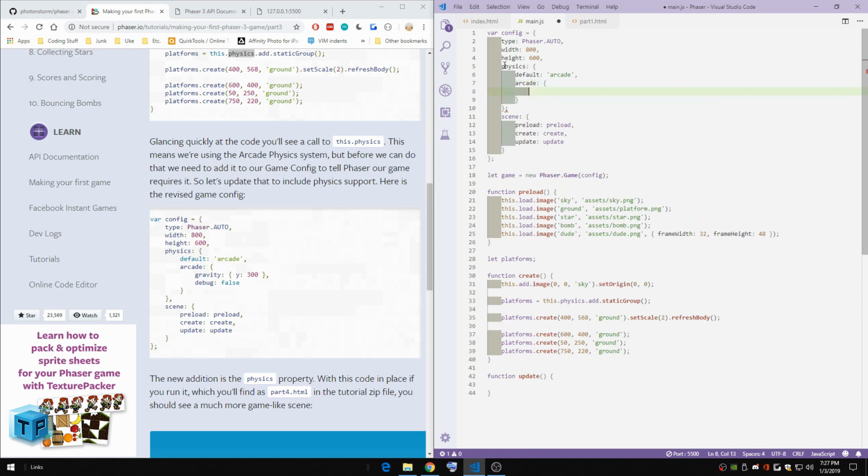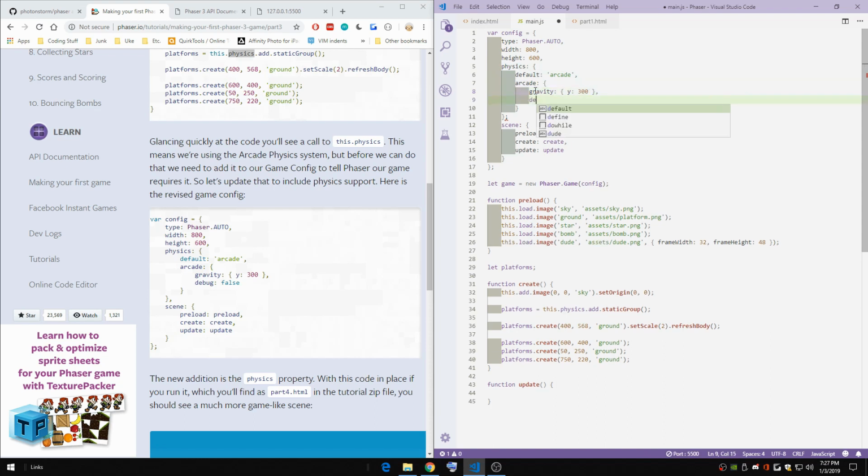That's what it's called, keys. This is a key. Okay, gravity y 300, debug false. Can't wait to learn what all this means. Oh, and we don't need this, we need this. Yeah, because this is also in another object. Yeah, crazy. Okay,